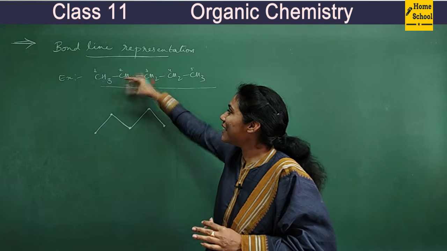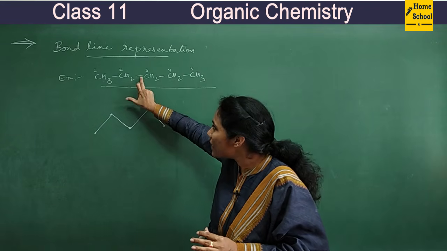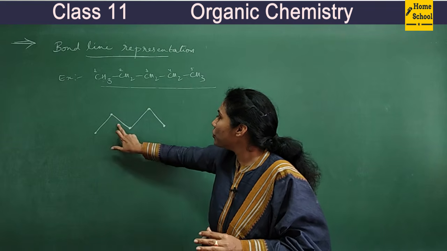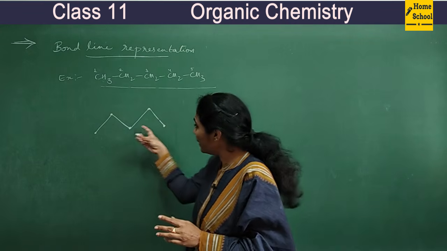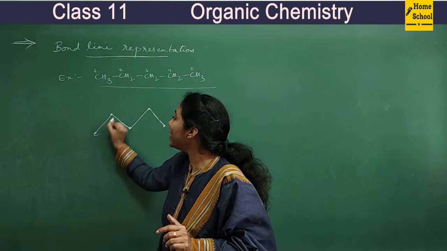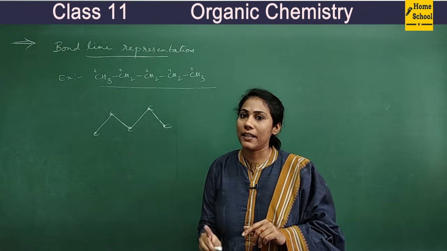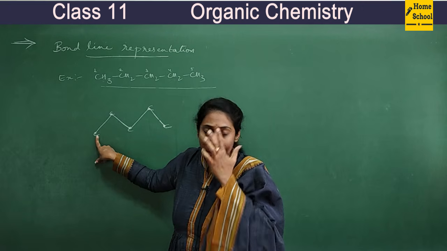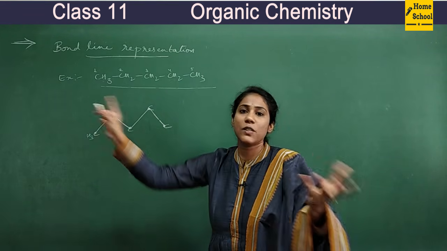See, we are not mentioning anything, no carbon mentioned, no hydrogen mentioned. Only these bonds are mentioned, 1, 2, 3, 4, that too in a zigzag manner. That's it. And the moment you see this structure, it is understood that at every point a carbon is there. And this carbon has one bond with this carbon. So how many bonds should it have? 3 more bonds. Those 3 bonds are understood to be with hydrogen.